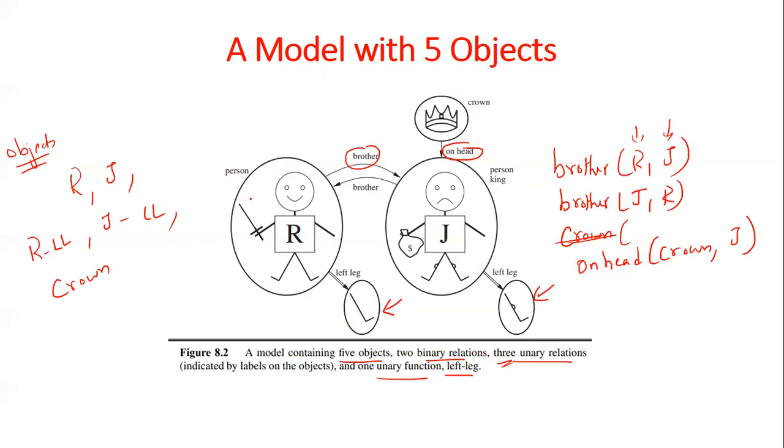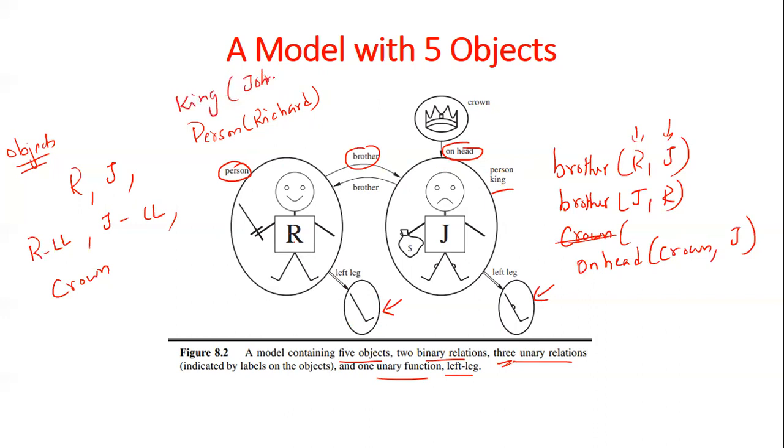This unary relation, person, is a unary relation, and person is applicable to Richard. So person of Richard is a unary relation. Person is also applicable to John, so person of John is also applicable. For person of Richard and person of John, we can consider this as person of X. But John is also a king, so